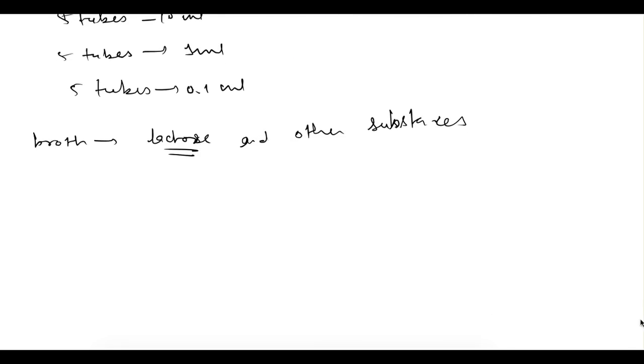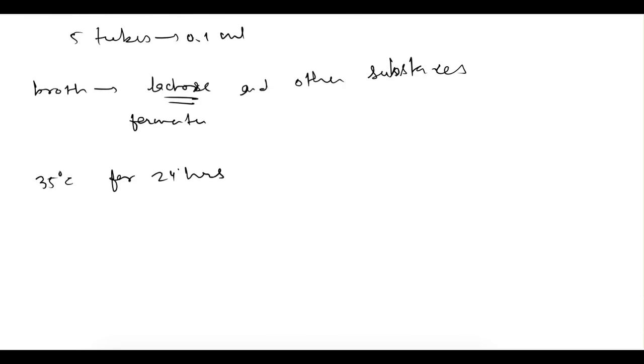Now this lactose, because it is a lactose fermenter as we saw in the definition, when we incubate these samples at 35 degrees Celsius for 24 hours, after that we look for the gas formation,